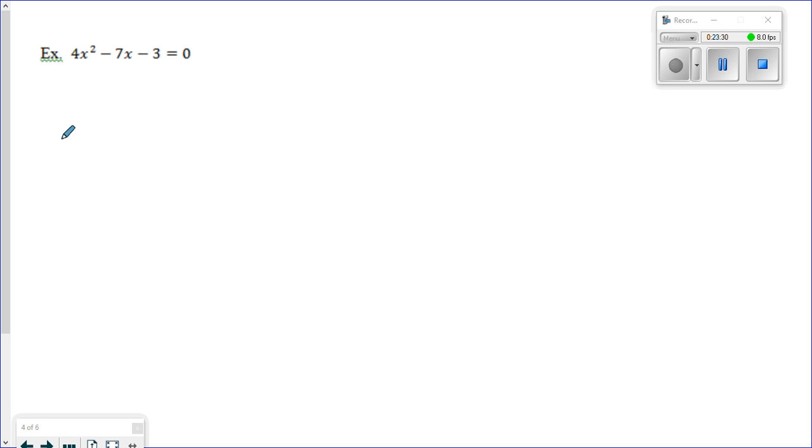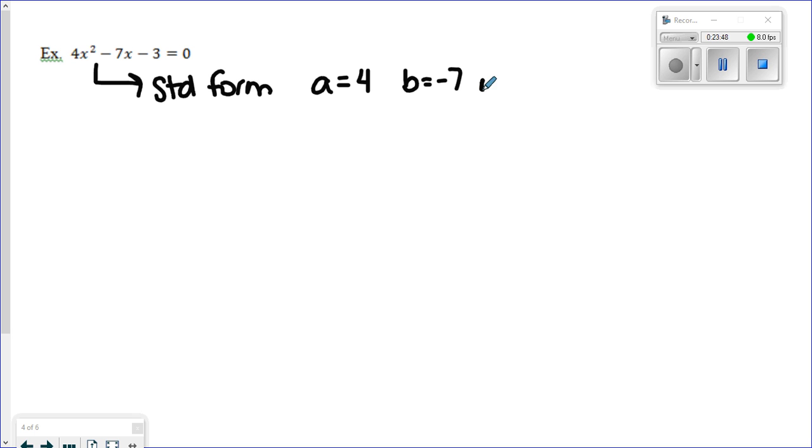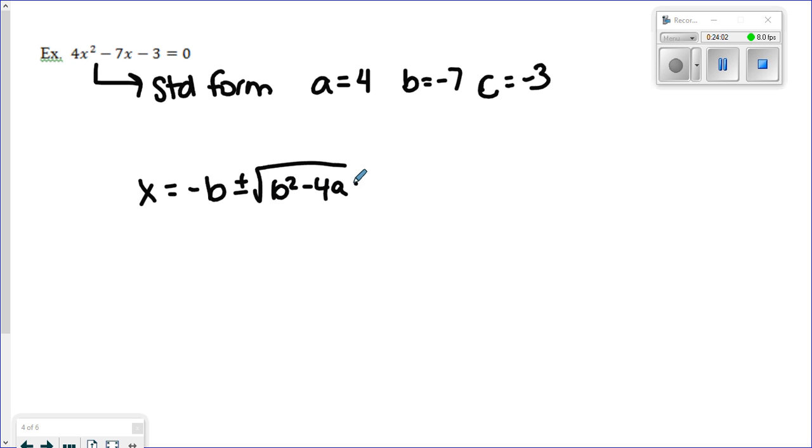Let's do another one. So again, we are happy we have it in standard form, set equal to 0. So looking at our a, b, and c values, our a value is 4, our b value is -7, and our c value is equal to -3. So substituting into the quadratic equation, x equals -b plus or minus the square root of b squared minus 4ac divided by 2a. So substituting in our values, so -7,